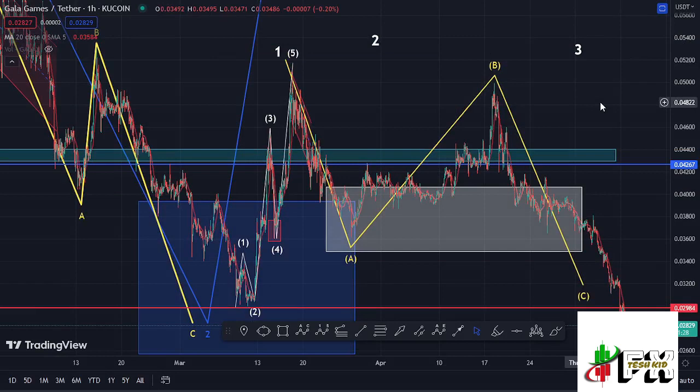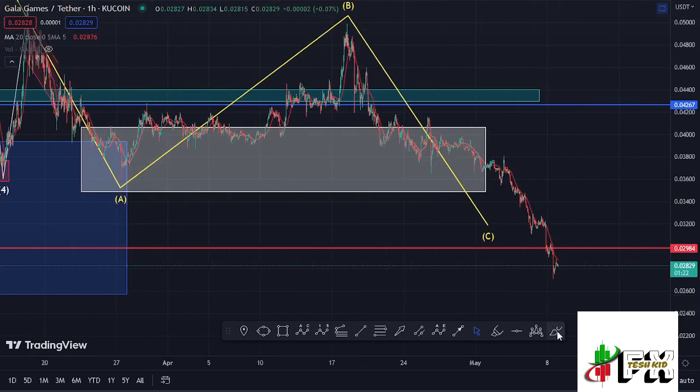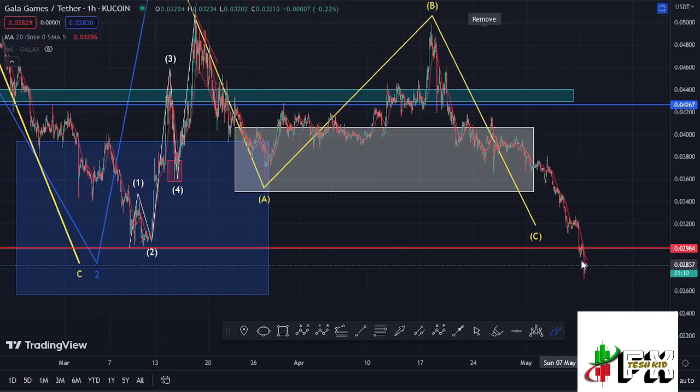Welcome back to TechKidFX for another Gala Games price prediction update, which at the time of this recording is holding below the 20-day MA here on the 1 hour chart, which is now acting as resistance for us to continue gearing up. We are also holding below a significant low at around the